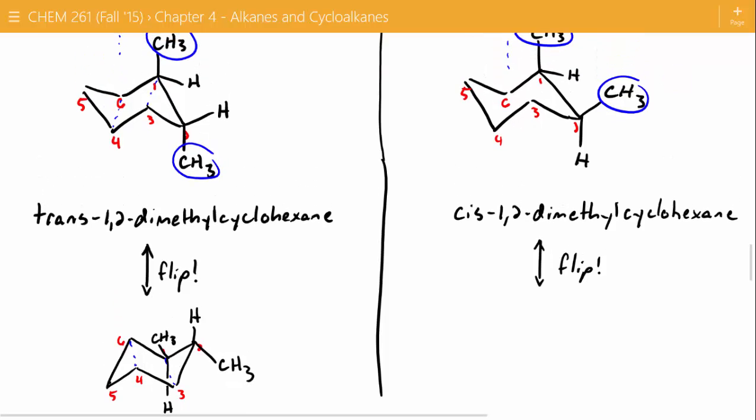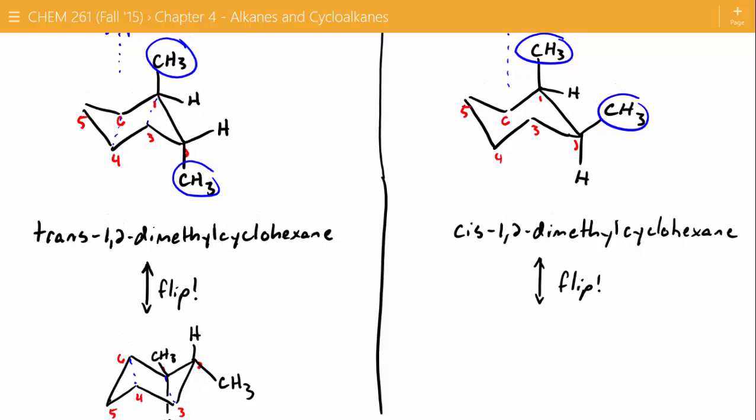All right, let's pause here and think about trans 1,2-dimethyl cyclohexane. We've got one chair structure where the methyl groups are sticking out in the equatorial position. And then we've got another chair structure where they're sticking straight up and down. Which one do you think is more stable? Think about it this way. These methyl groups are like helicopter blades. If it's a helicopter blade, they can feel these other axial protons. Those protons do take up room. And so axial is actually less stable than equatorial. If we have this spinning way out here, it's much further away from the